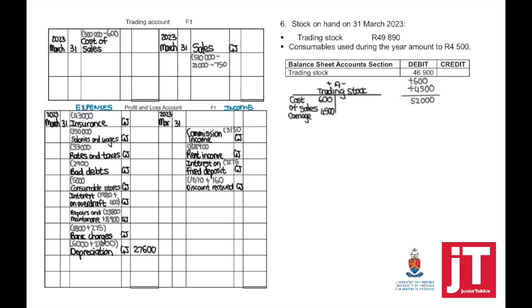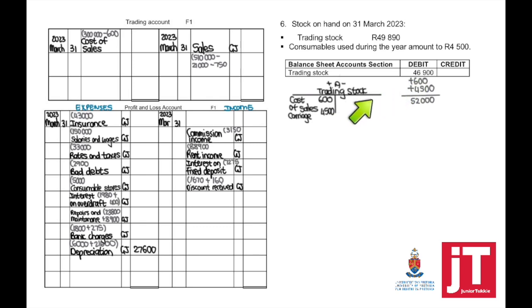Why? Because we had trading stock which was returned by a customer and we had a correction, the carriage on sales, that we needed to correct. My new balance must be compared to what we physically counted. So if I look at the trading stock, we have